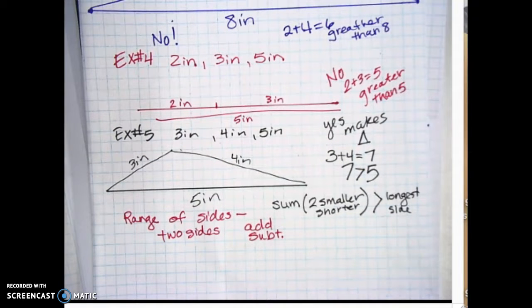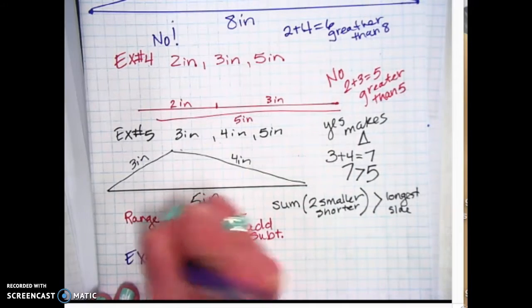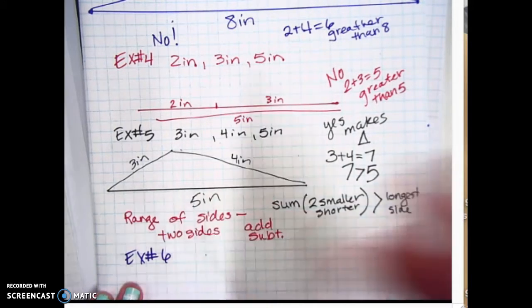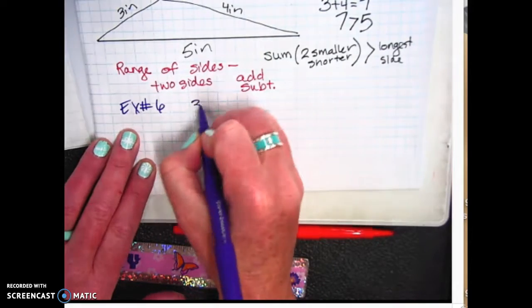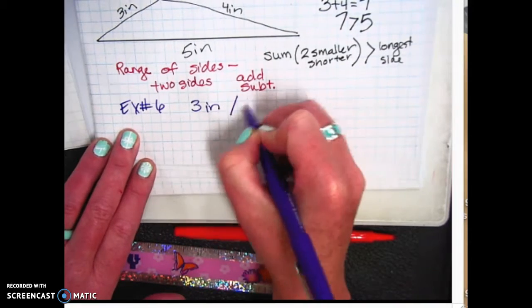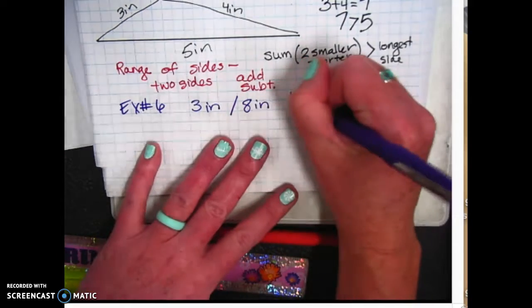So, example number 6. We've got two sides of a triangle. Let me move that way up. There we go. We're going to start with a 3-inch side and an 8-inch side. The question is, what is the range